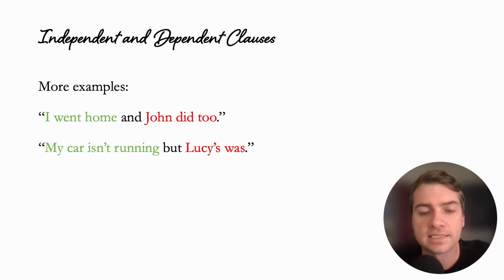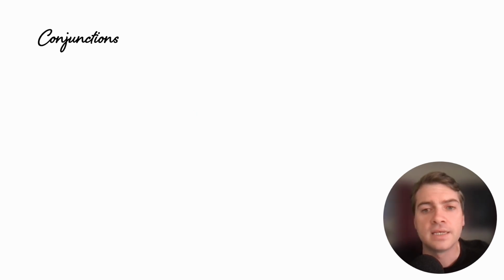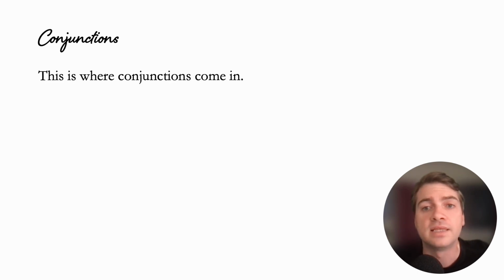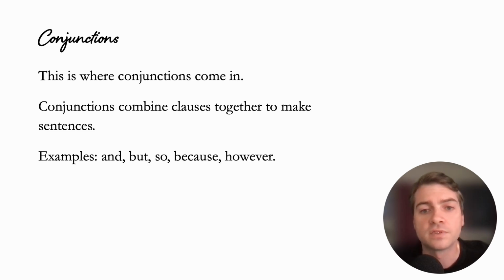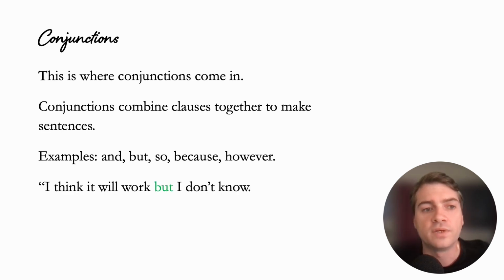It wouldn't make any sense. But because both of these are attached to independent clauses, they are just fine in these sentences as they are. Now, if you remember in the parts of speech lesson, I talked about conjunctions, okay? Well, this is where those conjunctions come in and are so important, right? So conjunctions are used to combine clauses together to make sentences and complete thoughts, right? So some examples: and, but, so, because, however. So if we say, "I think it will work, but I don't know," we're using "but" to combine these two